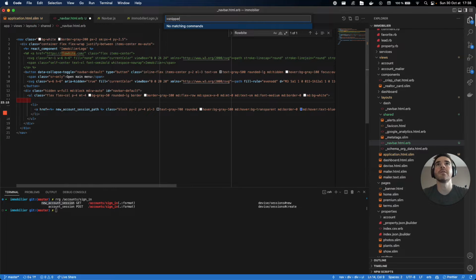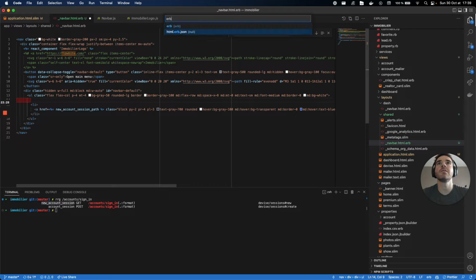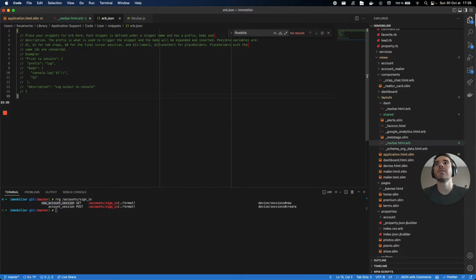Like snippet, configure user snippets, HTML ERB, JSON? Why JSON? ERB. Yeah. And then what is that? It's Ruby code. Insert Ruby code,